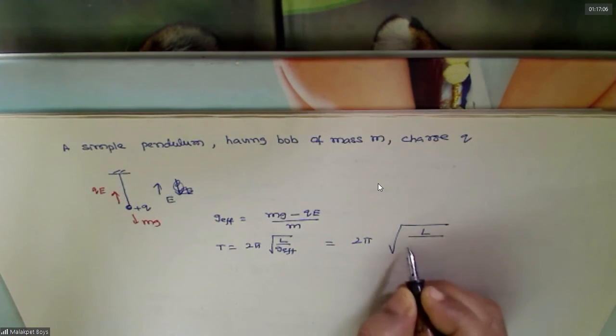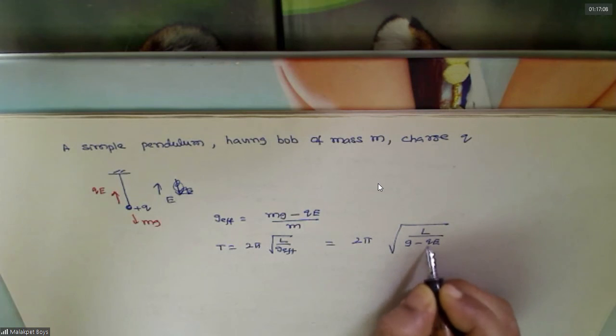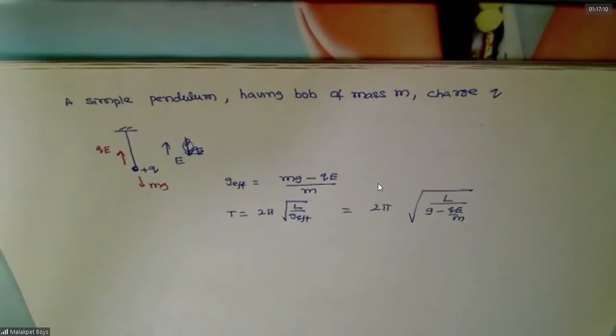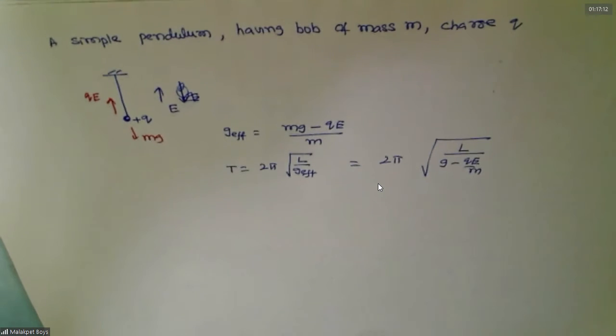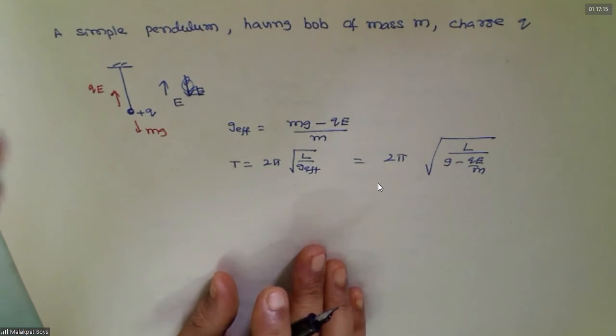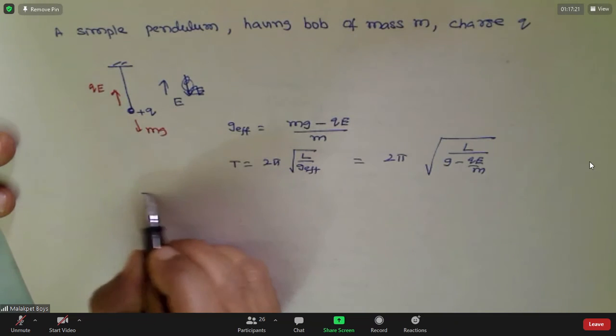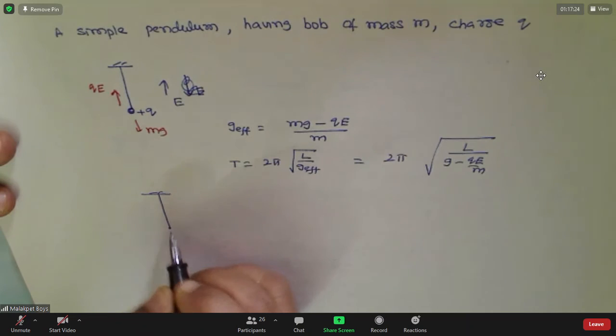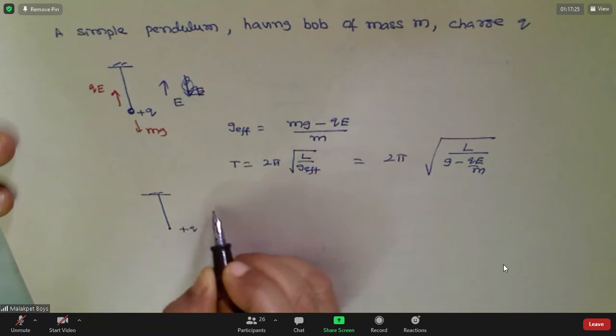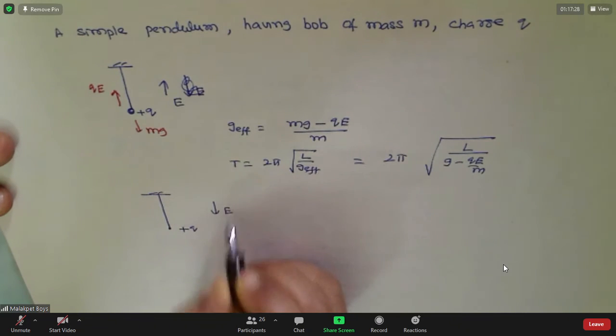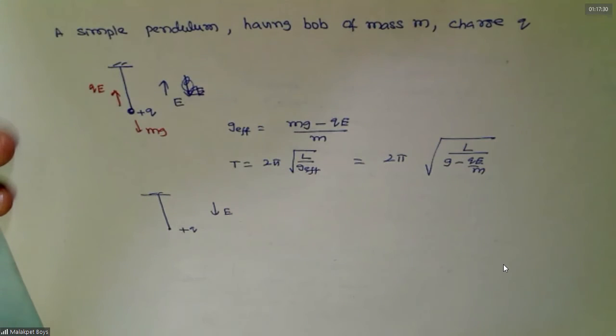Like that you will be having problems on simple pendulum. Almost the whole first year they can link up. Now suppose you are having a situation, then you can see that